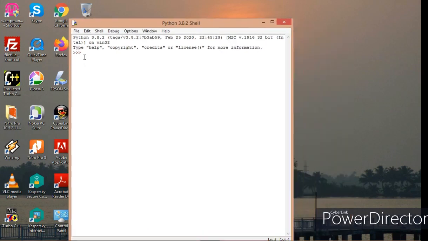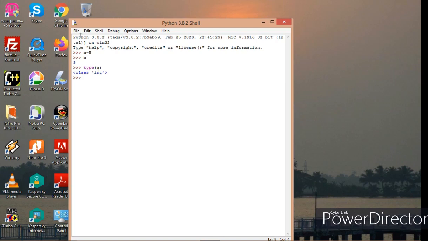So as I said, in IDLE we can give individual commands like we did earlier. Just one example, a is equal to 5, and a, and type of a. You can also see it will display the syntax to give the command. And it shows the type of the variable a is int.